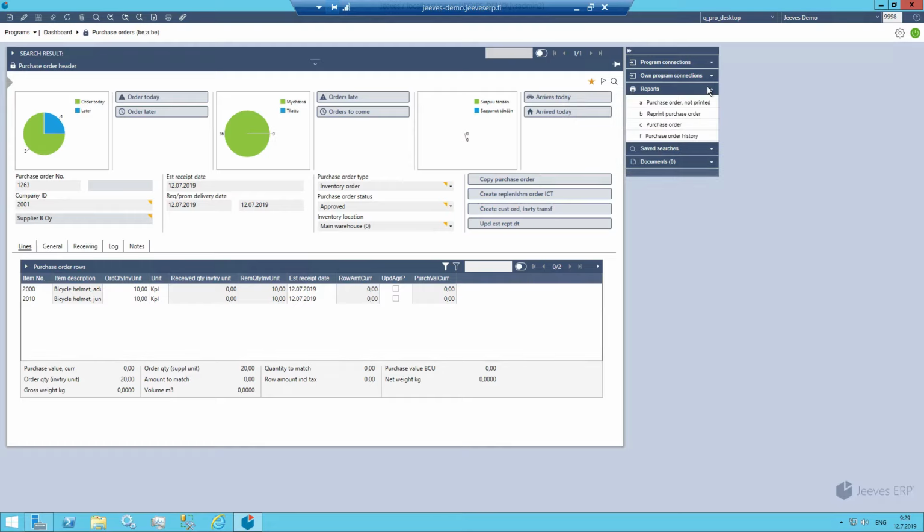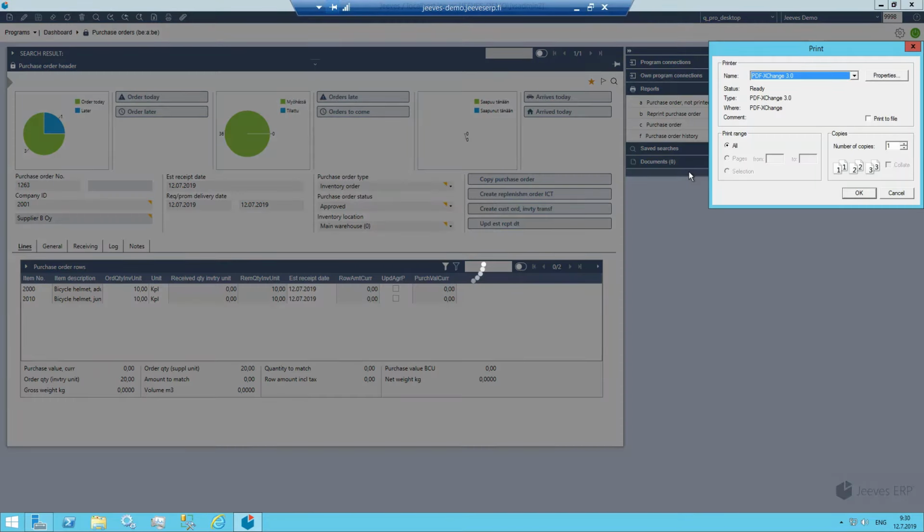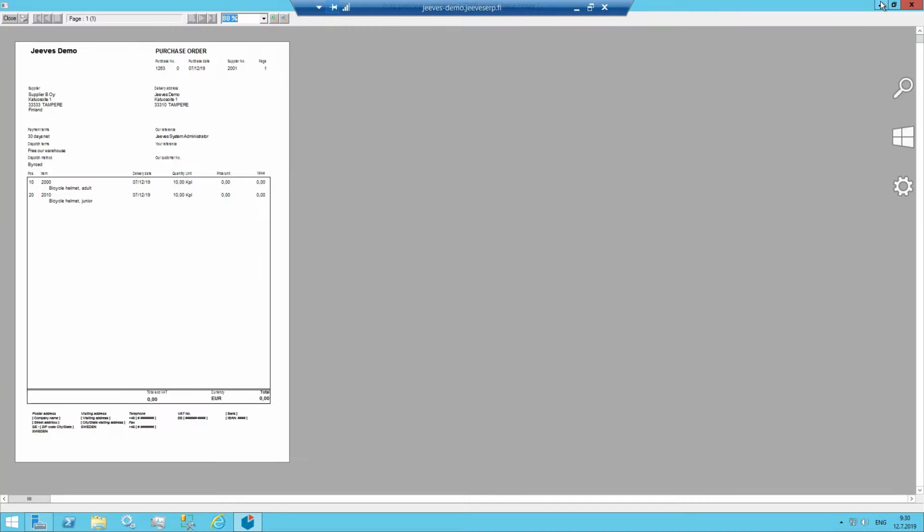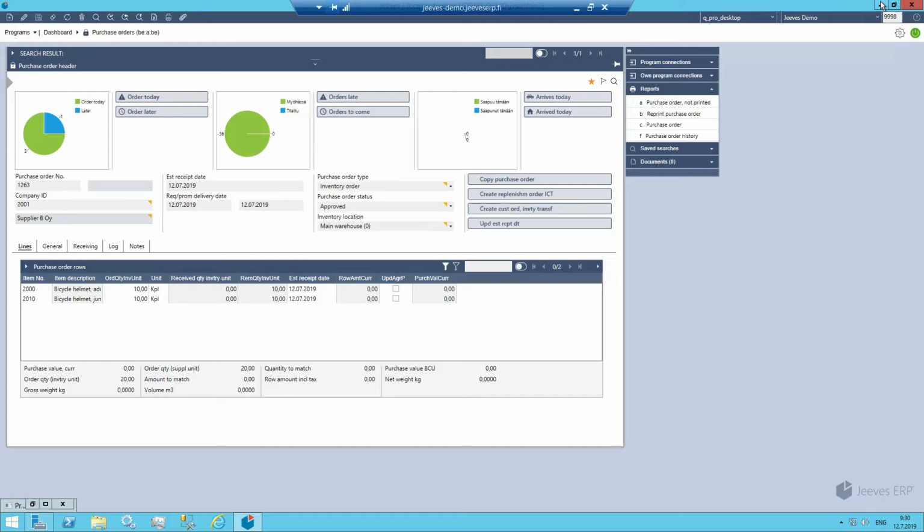This is our very first purchase order print, so we'll choose purchase order not printed and click OK. And now we have printed our purchase order,